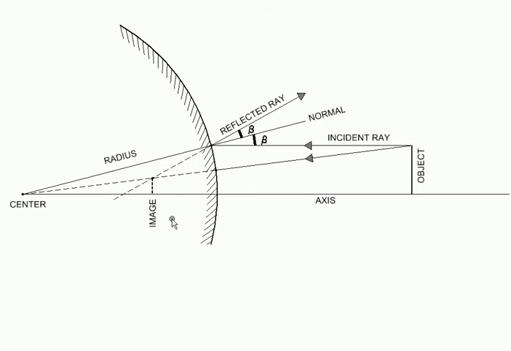Now where can we use this kind of image? Since the image is smaller and upright, you will be able to see a lot of things in the correct upright position in this mirror, because all their images will be shrunk. So even a small piece of mirror can show you a lot, and therefore you can use it to watch your back. Say while driving a car, you can use this mirror as the rear view mirror. It will show you a lot of things, a vast area behind you, but in a small piece of mirror.